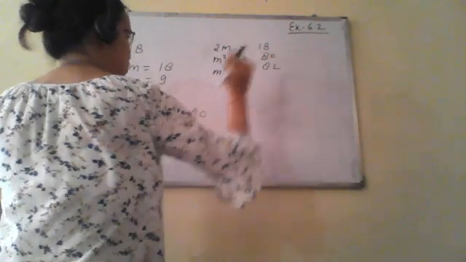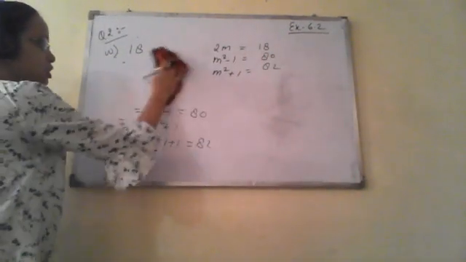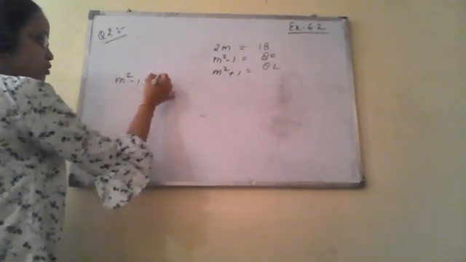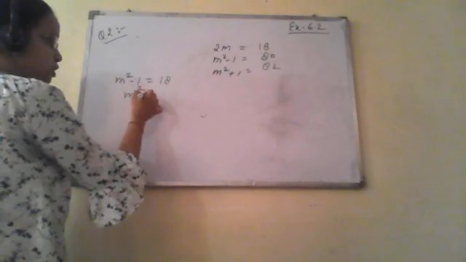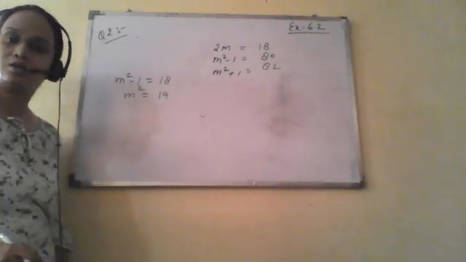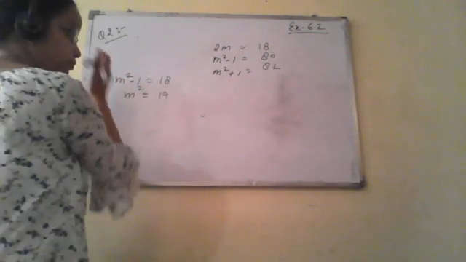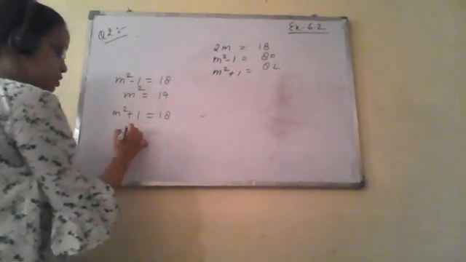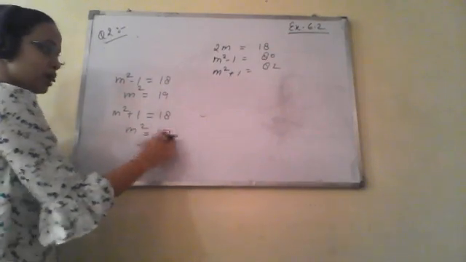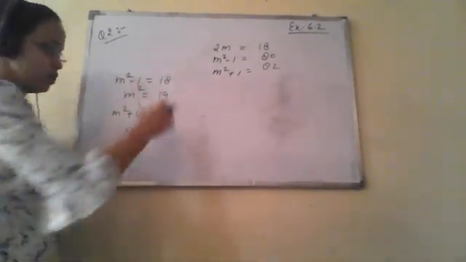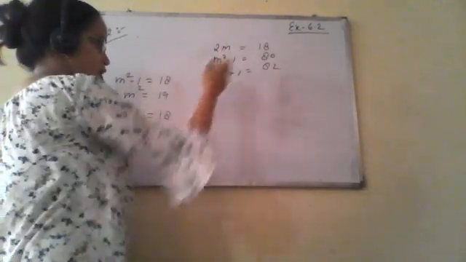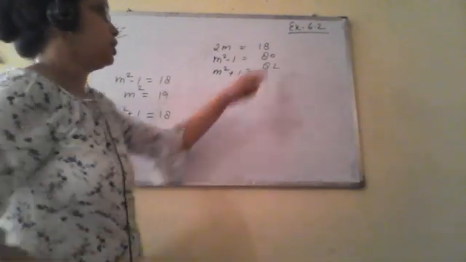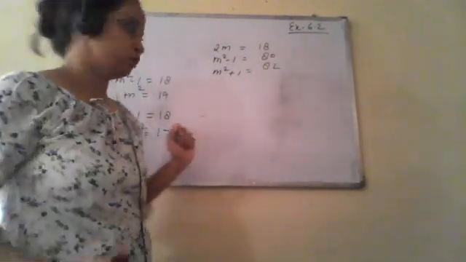80 and 82. Again, if you want to check it with m square minus 1 equals to 18, in that case m square will be 19, again this 19 is not a perfect square. Clear? And if you put m square plus 1 equal to 18, in this case the value of m square will be 17. Again this 17 is not a perfect square, so we cannot take this value here. This 18 cannot be m square minus 1 or m square plus 1. Clear? So the triplet will be 18, 80 and 82.